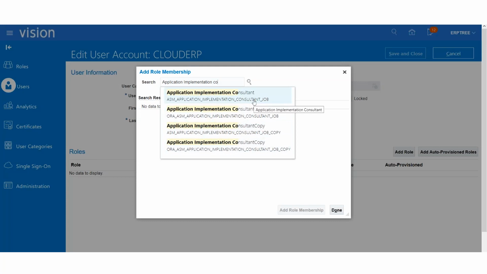The question is that anything started with ORA, you can make a copy also? They allow it? Any role you can copy. Modification, you cannot do if it is starting with ORA. And all the roles we have in Fusion have two definitions with the same name but different technical names, right? Not all. Few roles don't have two definitions. So wherever you see two, this is the point you have to understand.